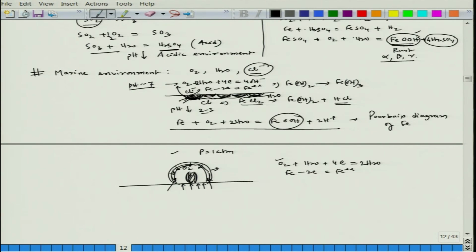Now, once the oxygen concentration goes down at the center portion, there will be depletion of oxygen. So, here no more such reaction can take place, but around the outer section this reaction will continue. So, these outer parts are cathodes now, and the center part is the anode. If the center part is the anode, this dissolution reaction happens in the center part, and the center part will dissolve like this.